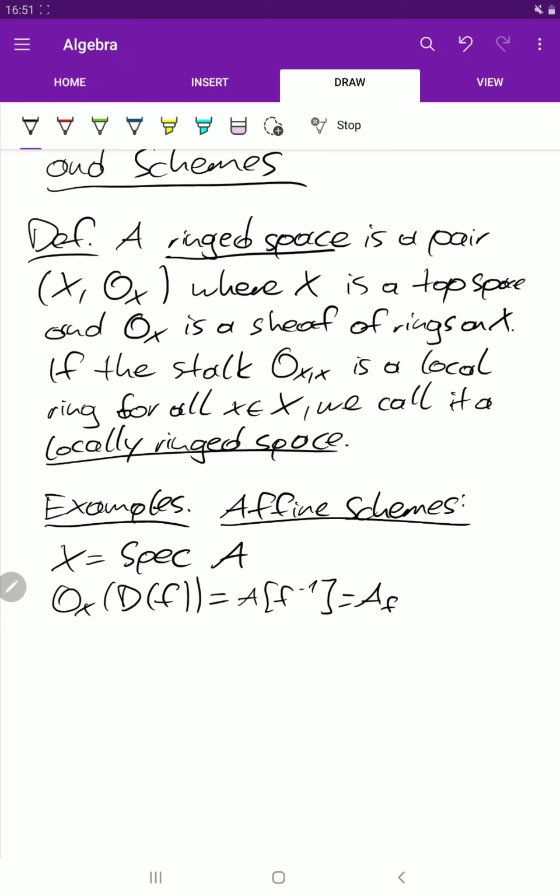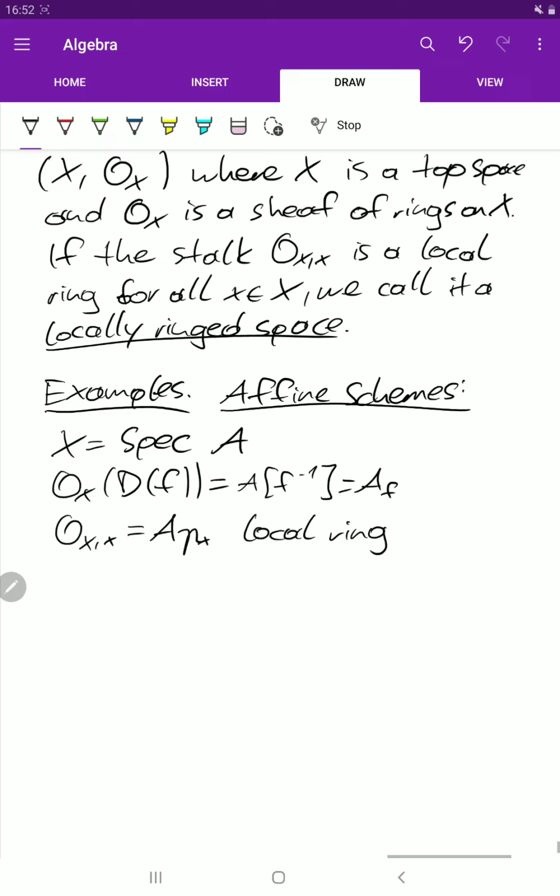Okay, and so that's the sheaf on the basis, and we've seen in a small lemma that the stalks are localizations at primes corresponding to the points. So p_x is the prime corresponding to the point x, and this is a local ring. So that's indeed a locally ringed space.